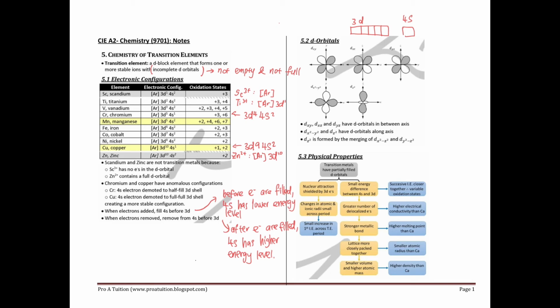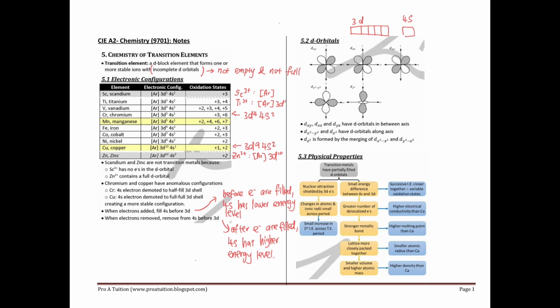About the same size. So over here, the explanation is that the nuclear attraction is blocked by the 3d electrons. The nucleus wants to attract the 4s electron but cannot, because it's blocked by the 3d electrons. Because of that, their size is more or less the same. So the protons can't attract well because of the 3d electrons, and it ends up with the properties here